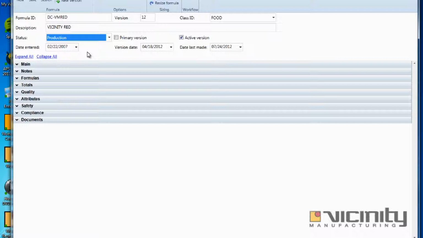So this is version 4's formula entry, the new pieces to it. Feel free to investigate that. If you have any questions, don't hesitate to reach out to us directly. Either give us a call or send a message to